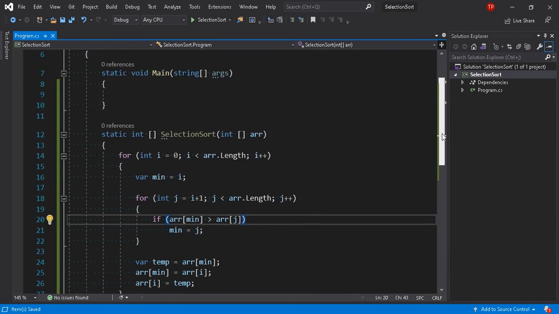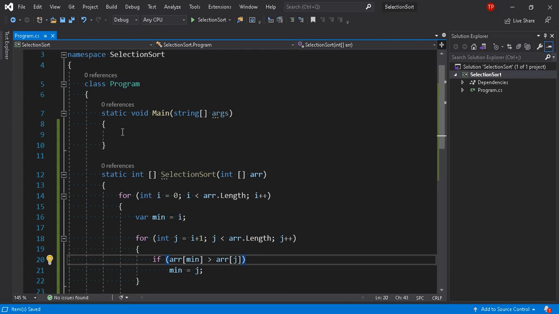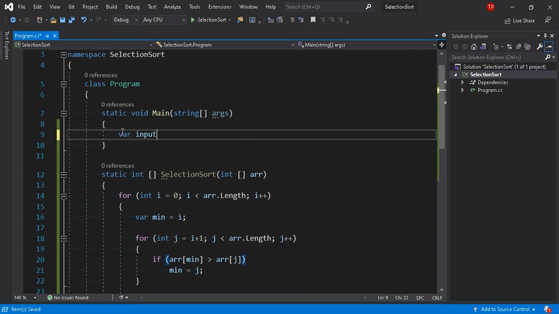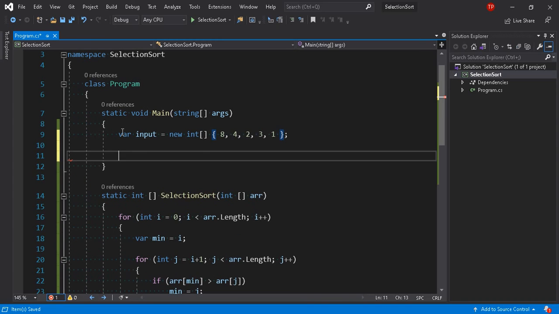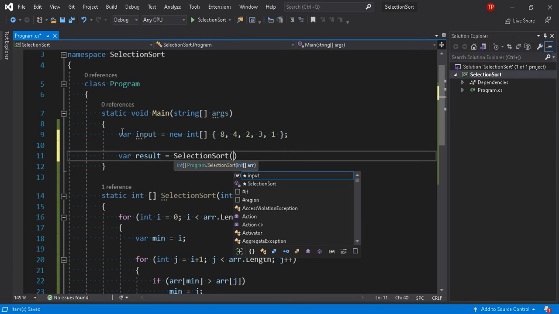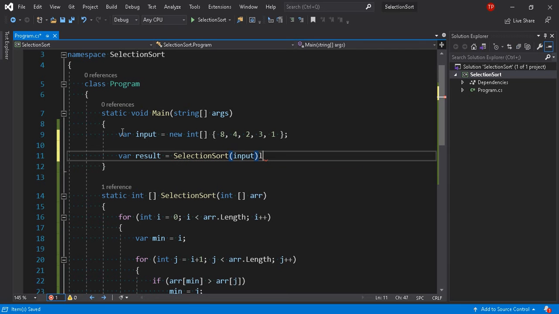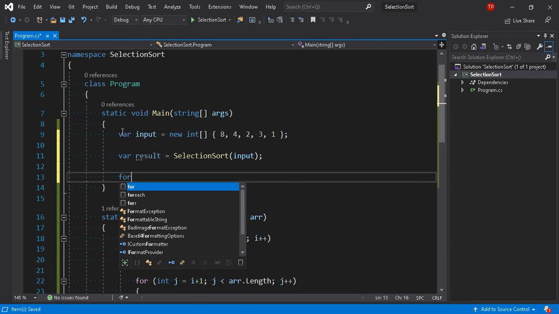And let's just go here. I will have an input, new int, and here I will give the input 8 4 2 3 1. And what will be my result? The result will be, I will call my function and give it the input. I need to see the result, right?